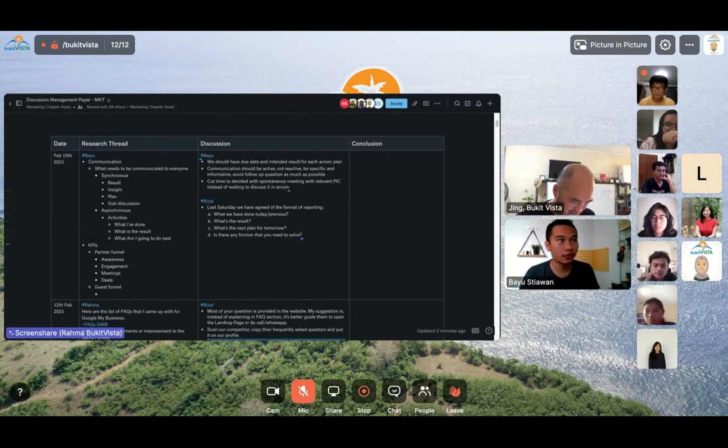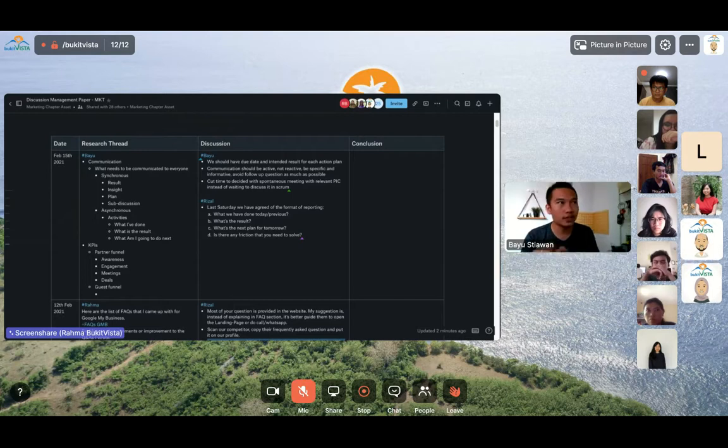Okay. The second one is the communication. I think it should be active, not reactive. Be specific and informative, and avoid follow-up questions as much as possible. What I mean by that is, if you're communicating, please avoid memancing, like you want someone to ask more detail from you. Like for example,